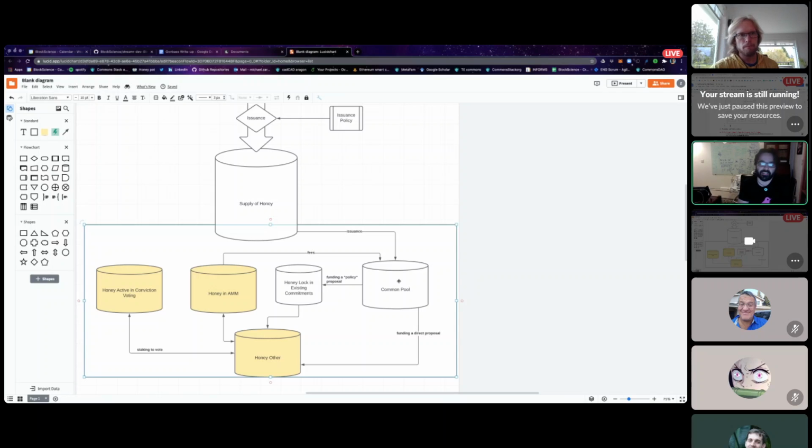Otherwise, if it's expanding too much, you're going to get this perception of honey losing value. And if it's contracting, you're going to get this issue with the decision making where you'll stall out the voting. I wouldn't call it a hard equilibrium. It's more like a dynamic equilibrium where the common pool, in theory, should be trying to stay mostly balanced, at least on average over time, to make sure that there's both